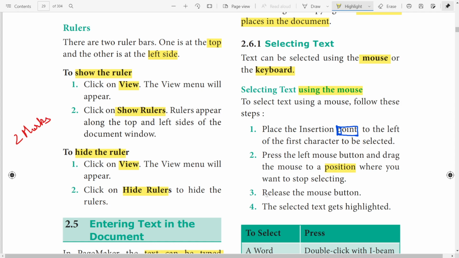Without releasing the button, the selection will keep elongating. Only when I release the button is the selection complete. The selected text gets highlighted. In this way, we select text using a mouse.